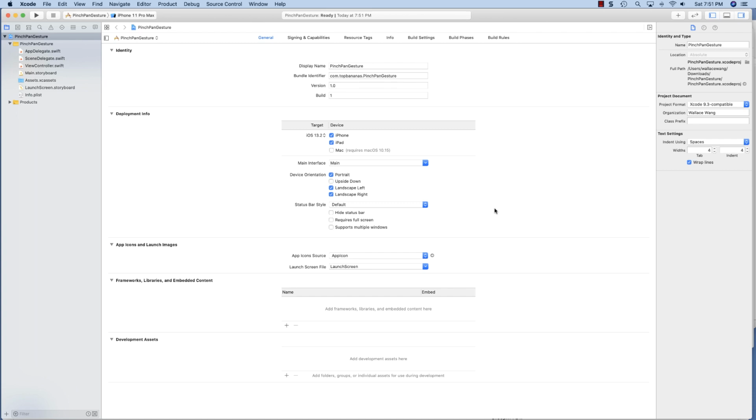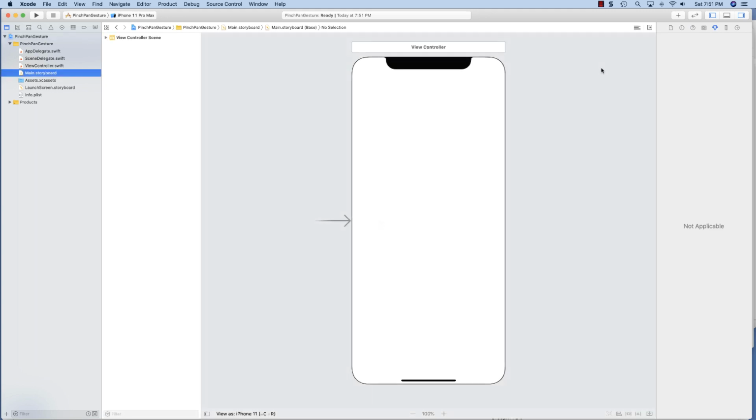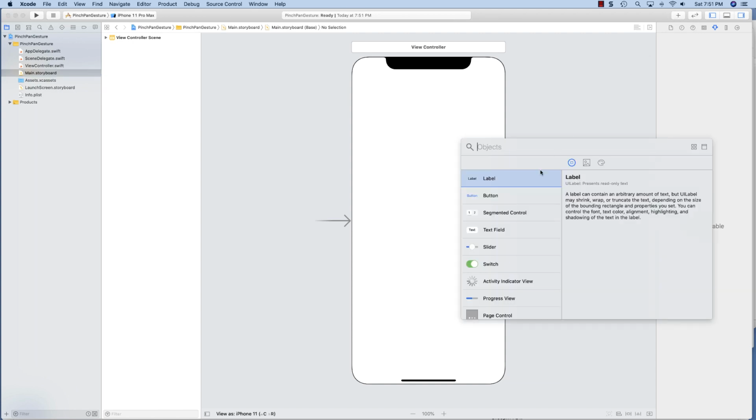So let's see how you can use the pan, rotate, and pinch gesture. So create a single view app. Click on the main.storyboard file in the navigator pane. Click on the library icon, the upper right corner of the Xcode window, and look for an image view. And go ahead and drag that